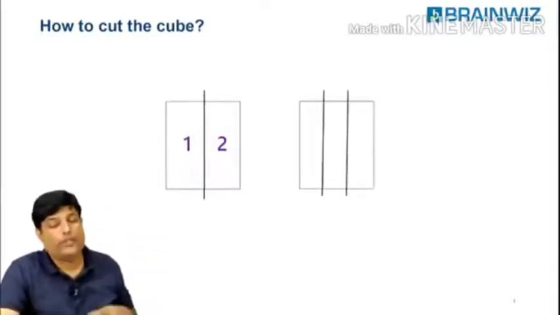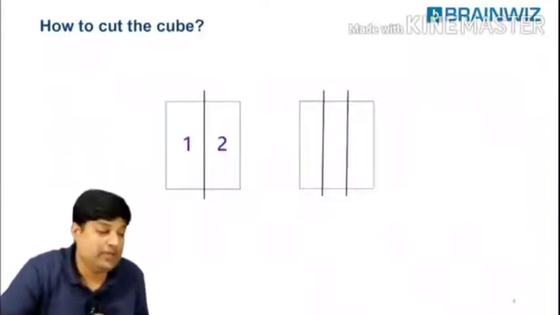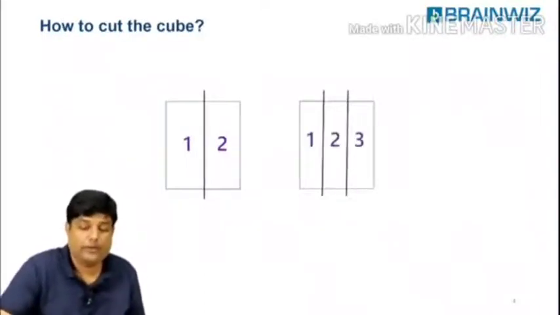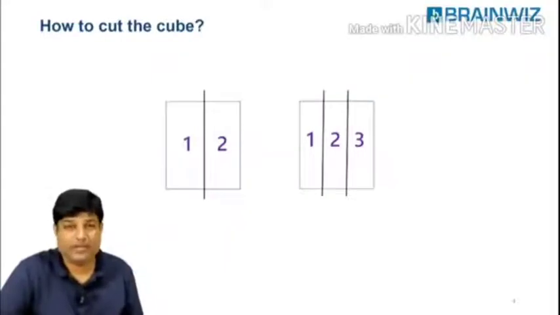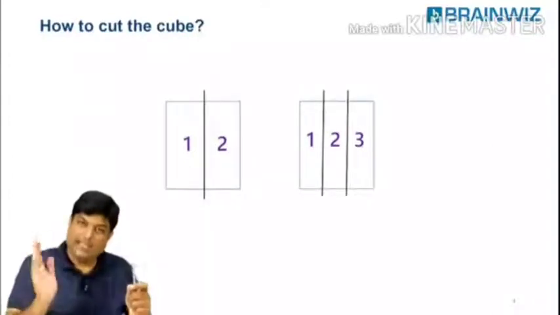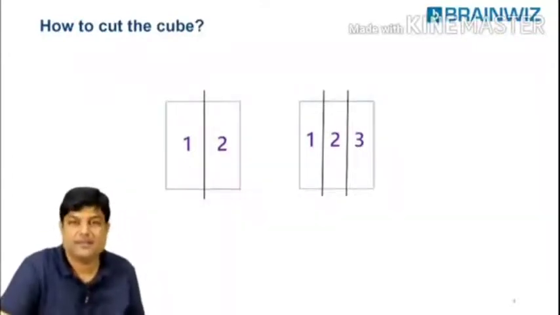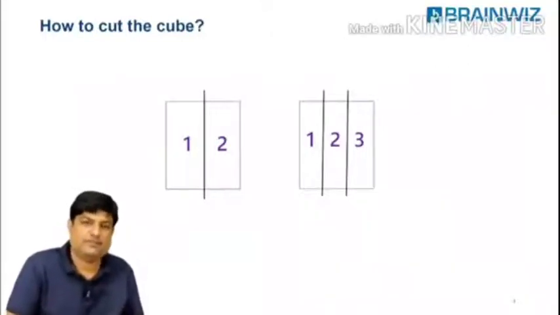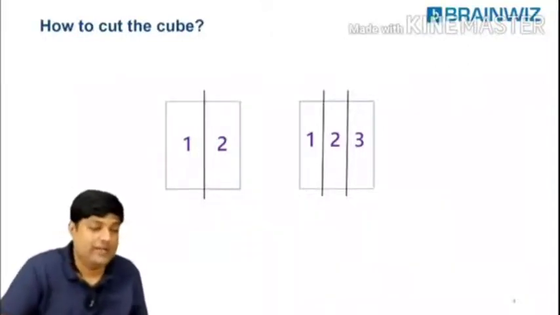If I'm going to make 2 cuts, how many pieces are you going to have? 3 pieces, definitely. What did you understand from these 2 examples? For every cut, there is an extra piece. Try to understand. 99 cuts, 100 pieces, sir. 22 cuts, 23 pieces, sir. 11 cuts, 12 pieces. Are you understanding, everybody?